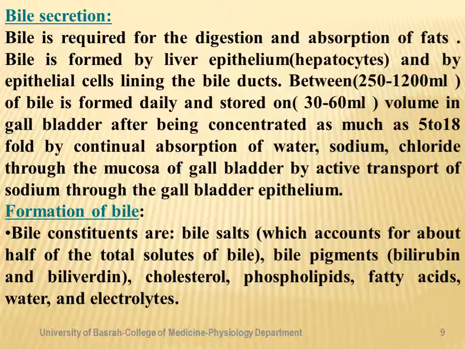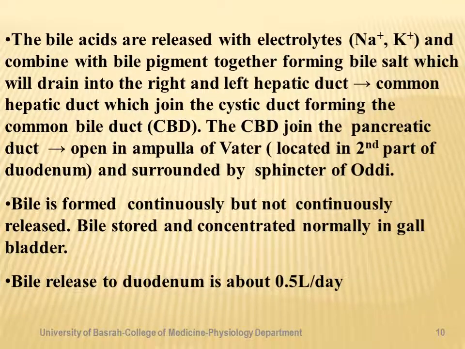Now the formation of bile. The bile acids are essential for the digestion and absorption of fat, and they are about half of the total solutes of bile. We have bile pigments, which are bilirubin and biliverdin. We have cholesterol, phospholipids, fatty acids, water and electrolytes. The bile acids are released with the electrolytes sodium and potassium, and combined with the bile pigment together forming the bile salt. So the bile salt consists of bile acids, electrolytes and bile pigments, and it drains into